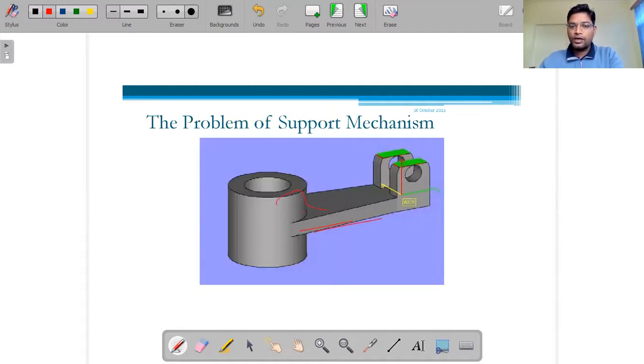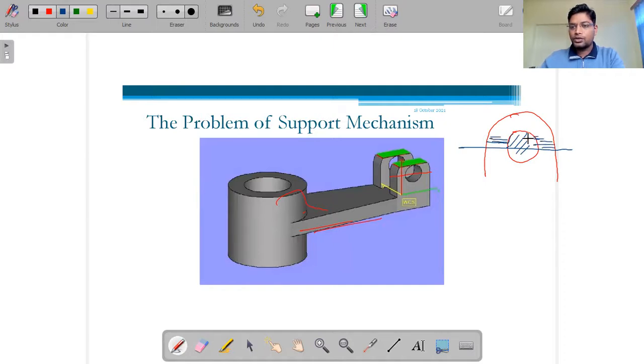Now when you come over here, if you see this geometry, up to this there is no issue. But this is a hollow portion. When this portion comes over here, it will start filling layer by layer like this.